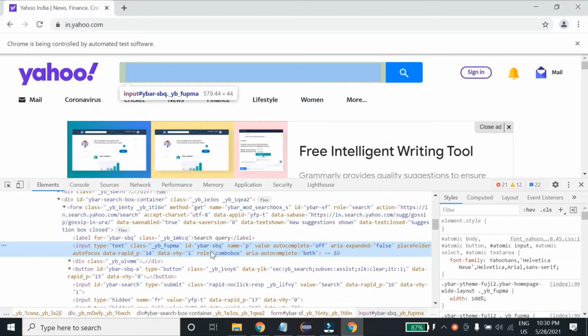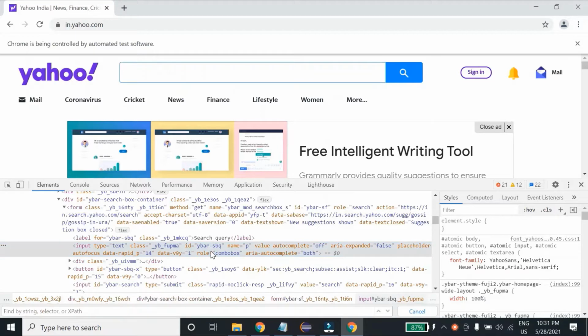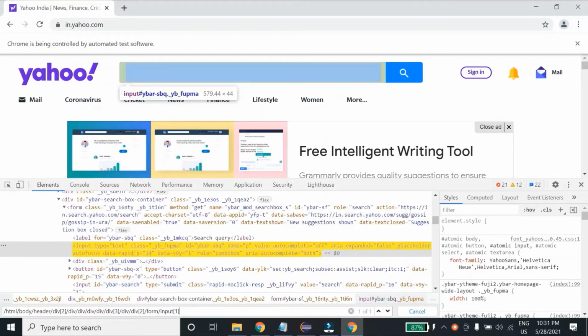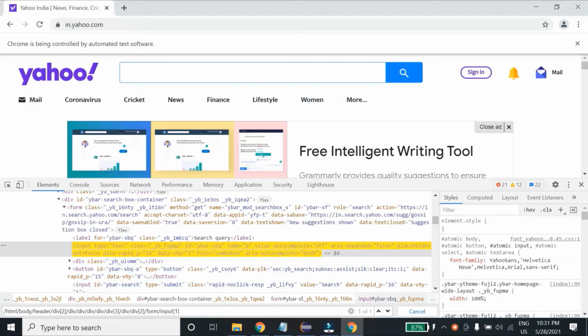To verify whether your XPath is correct or not, you can press Ctrl F over here and paste your XPath. As you can see, I have copied the absolute XPath and it is pointing to the correct element.